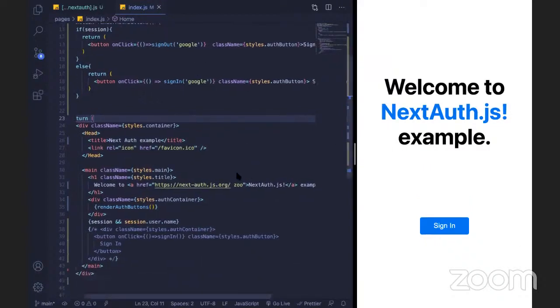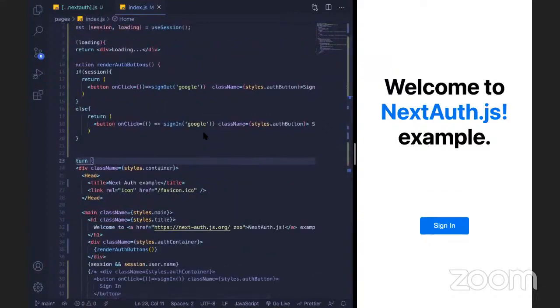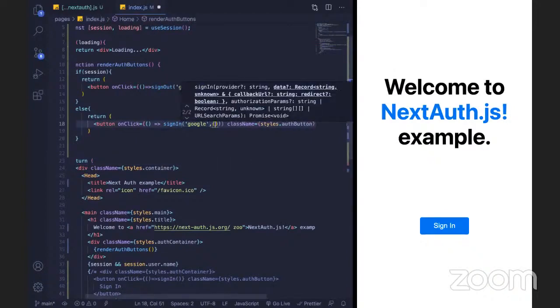Now suppose you want your user, after login, to go to a specific page. You want a callback URL basically. You don't want the user to stay on this page. It happens on websites: when you log in, it redirects you to a personalized dashboard. Once you sign in, you can specify the callback URL which you want your user to go to after logging in. So you can specify the callback URL here.